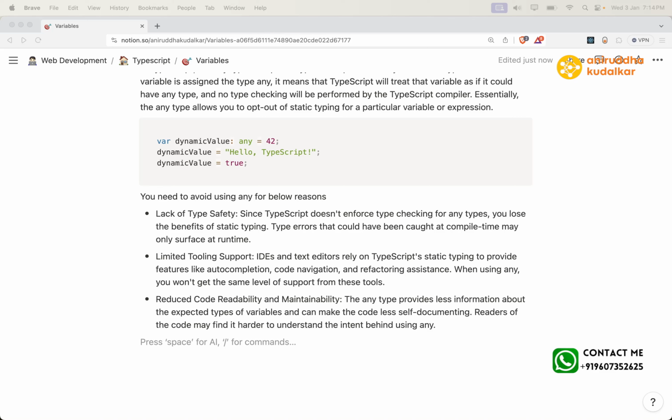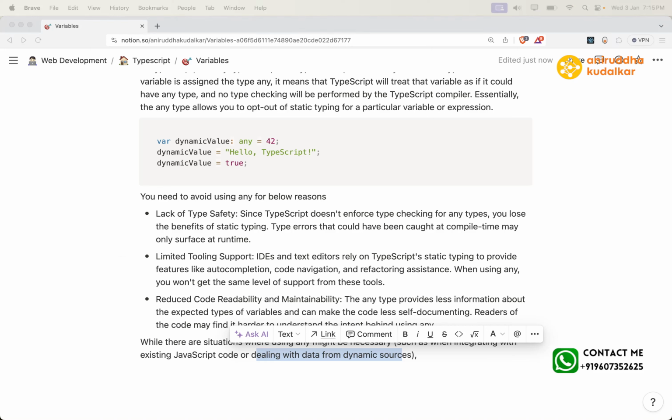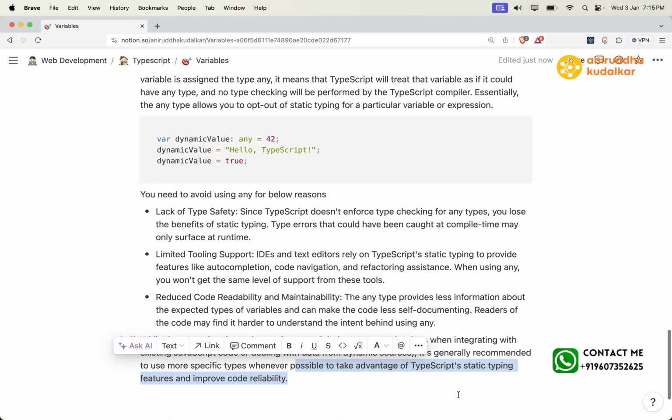But now the last para about why it is necessary. Then why has any been given? You ask this question, right? While there are situations where using any might be necessary, such as integrating with existing JavaScript code or dealing with data from dynamic sources, it is generally recommended to use more specific types whenever possible to take advantage of the TypeScript typing features to improve the code